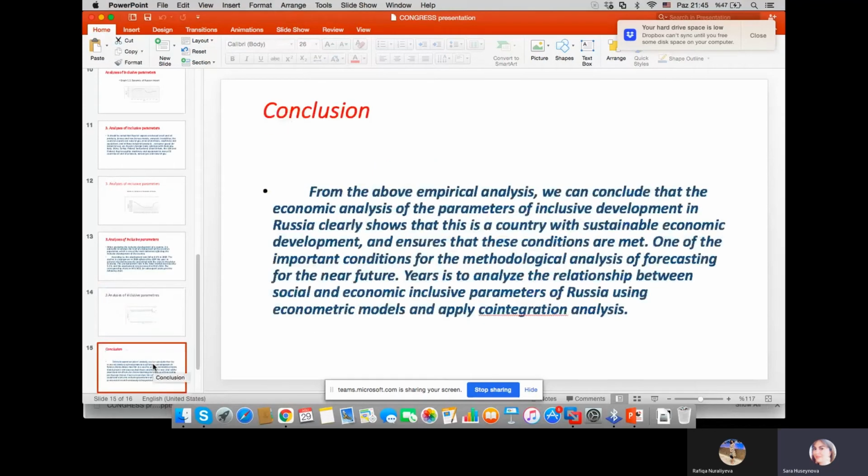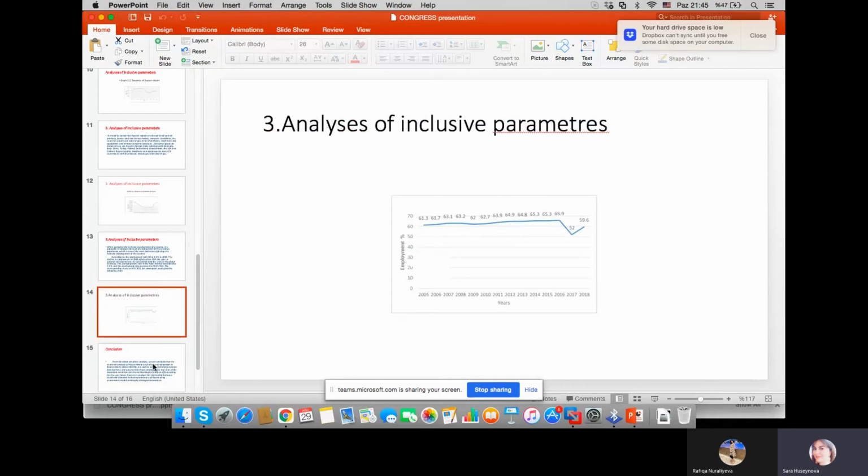Then we have our next inclusive parameter. It's the dynamics of life expectancy. What's life expectancy? We know that it's a social parameter, and it's by Excel, and here is again the period 1999 to 2018. This increases the well-being of people and increases the life expectancy of the population, and in these years the lifestyle is conducted in a healthy environment. Life expectancy is used to calculate the human capital index of a country.